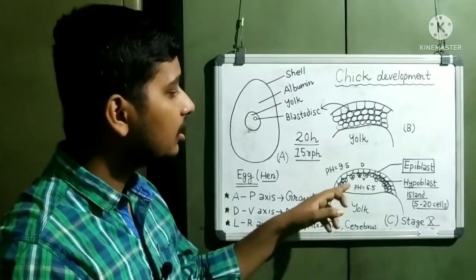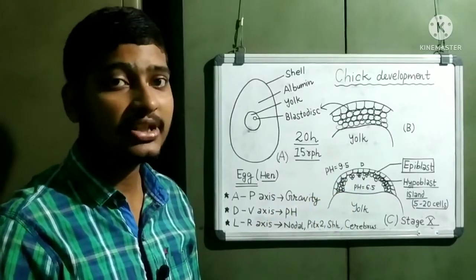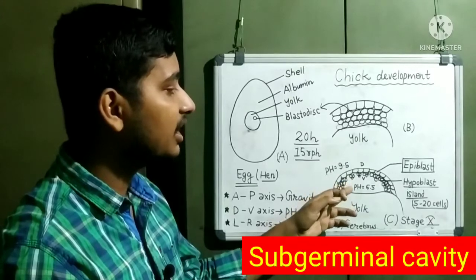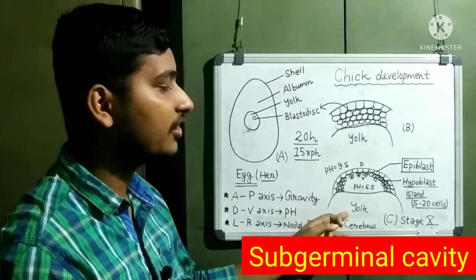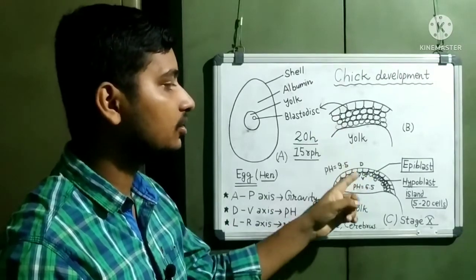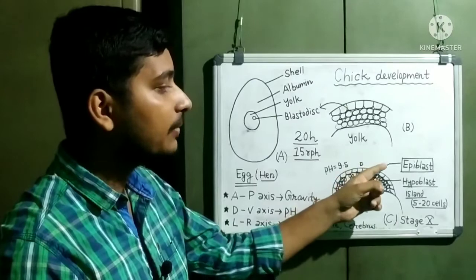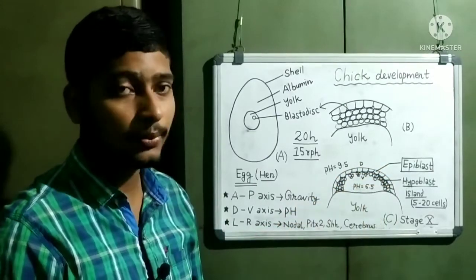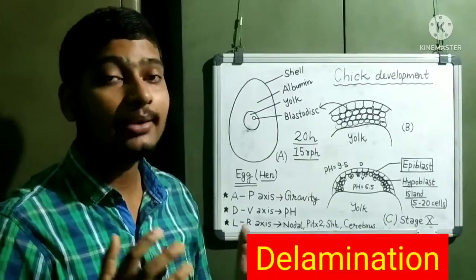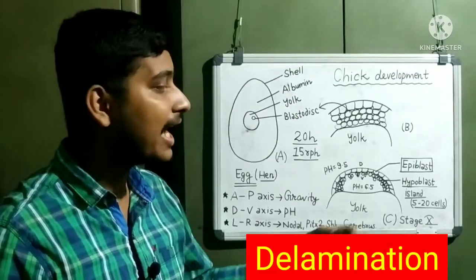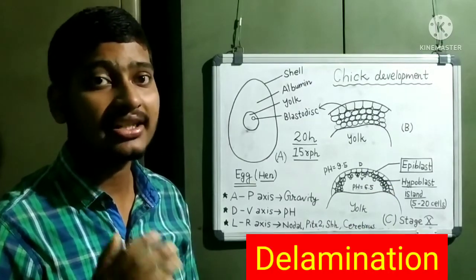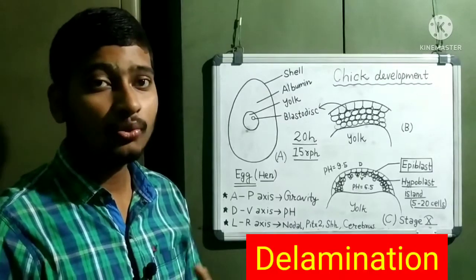So in this way there is a cavity created due to this. Okay, so this cavity is called as subgerminal cavity. As you can see here, this cavity separates the epiblast from the yolk. Okay, epiblast is nothing but the blastoderm layer. Epiblast has formed the hypoblast by the process of delamination. It is a very important point that hypoblast is formed from the epiblast by the process of delamination, which we would